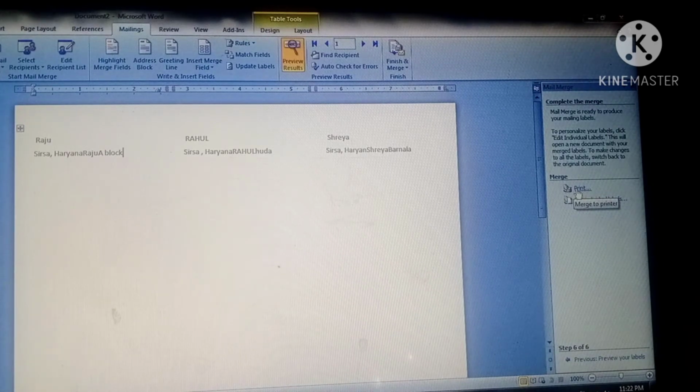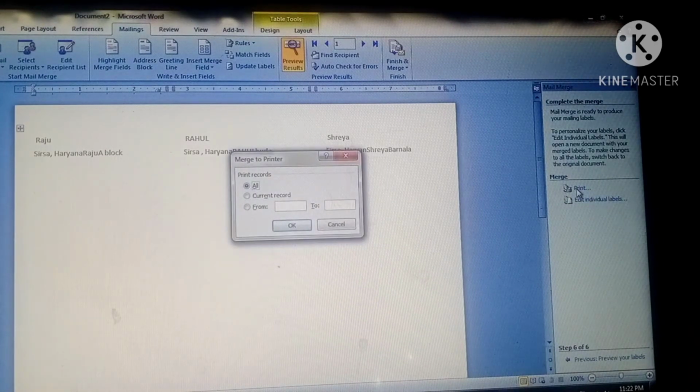Whenever you click on this print option, you can see a dialog box appear, that is the merge to printer dialog box. In the merge to printer dialog box, now you will select all. करंट रिकॉर्ड नहीं, हमें सभी का रिकॉर्ड चाहिए, या फ्रॉम 7th रिकॉर्ड टू 9th रिकॉर्ड तक आपको सिर्फ उन्हीं का नेम चाहिए एनवेलप पे, तो 7 to 9 कर दो. सभी का चाहिए तो सभी का कर दो. करंट रिकॉर्ड चाहिए तो करंट, यू कैन सेलेक्ट फ्रॉम हेयर.